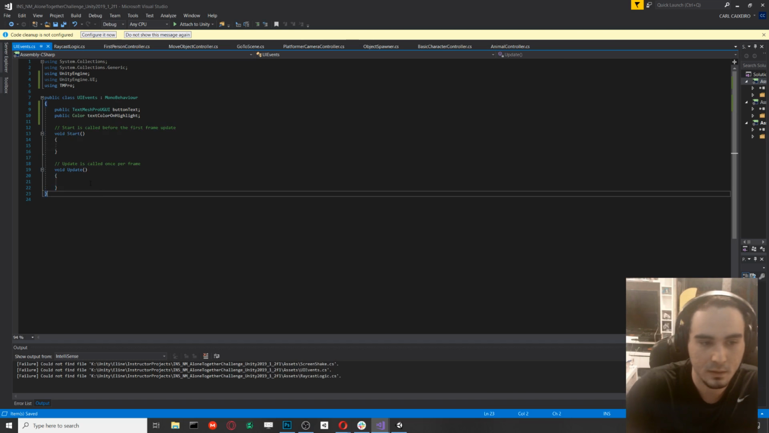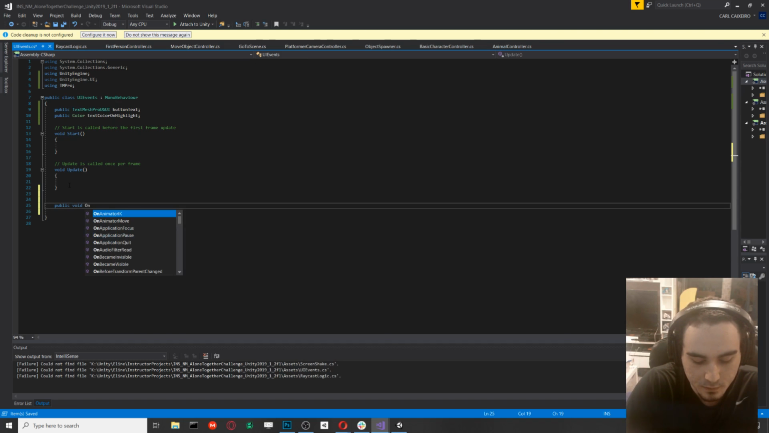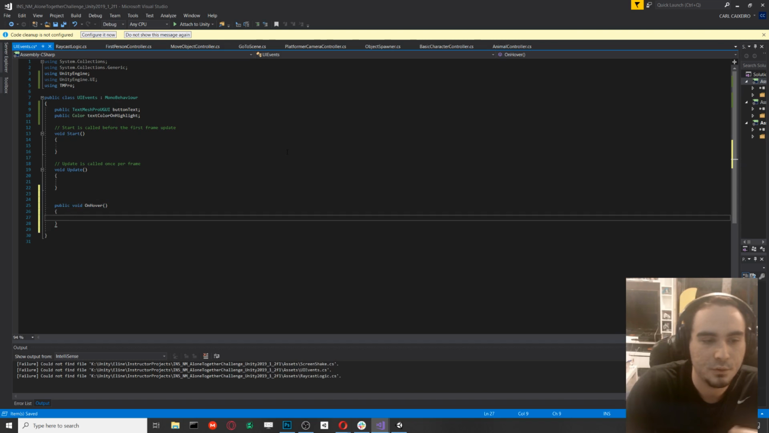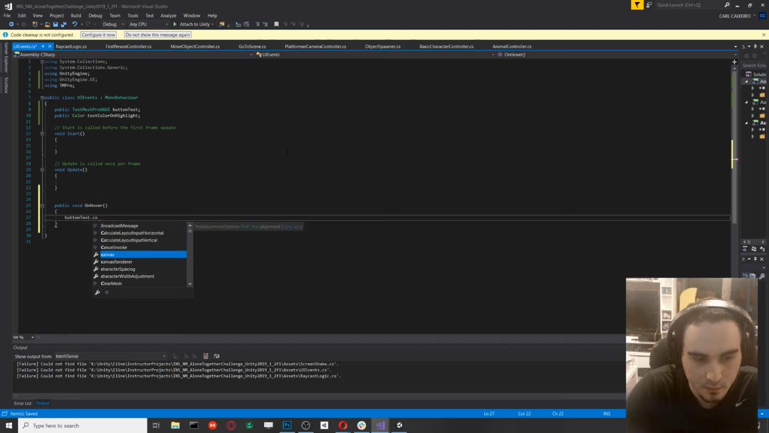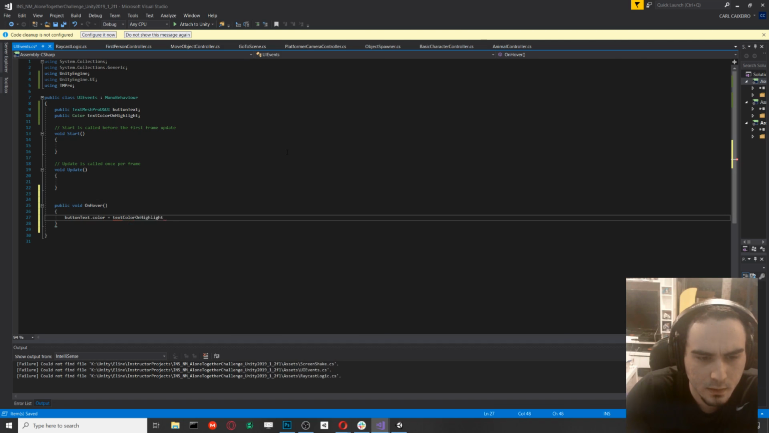We'll keep those. We might need them later. So let's make a new function called public void on, let's just call it on hover. So on hover, we're just going to change button text the color equal to text color on highlight. So we go back here,